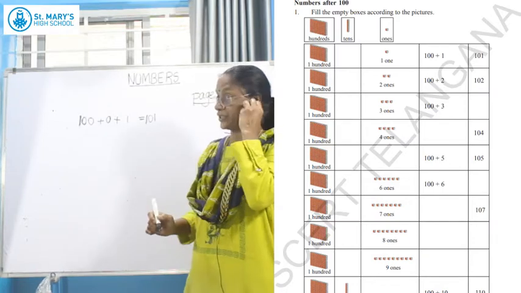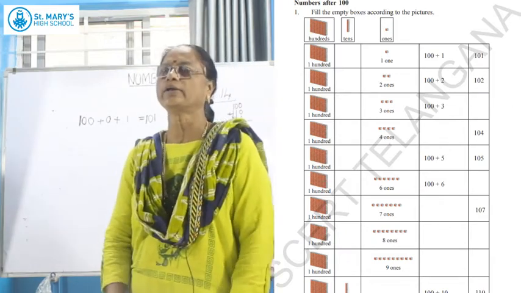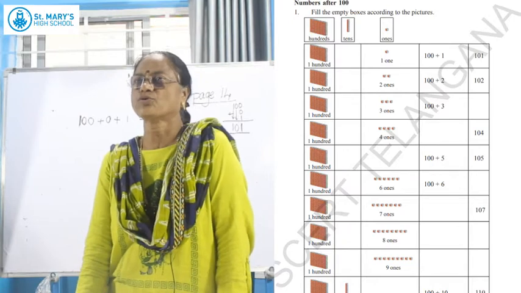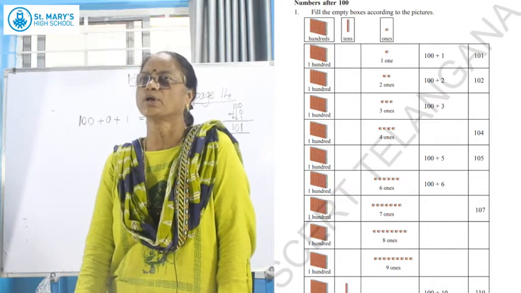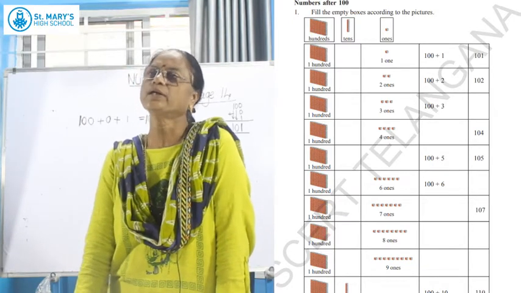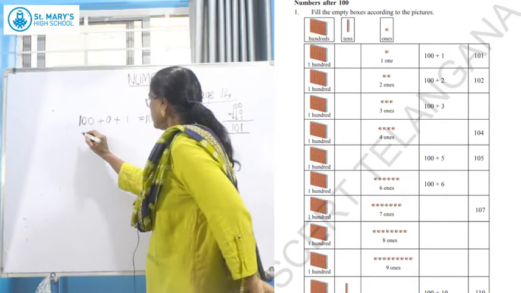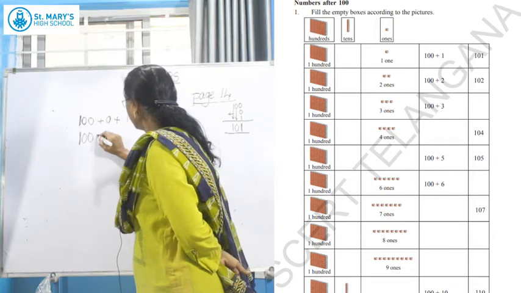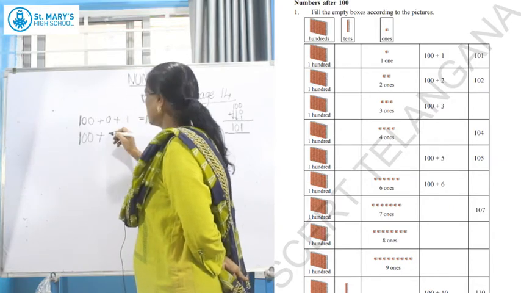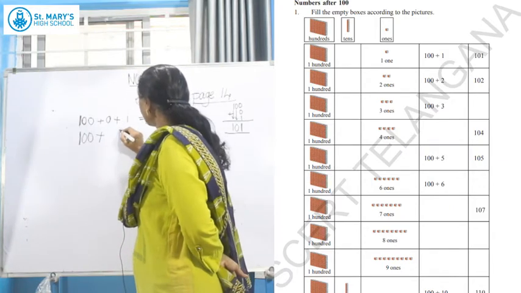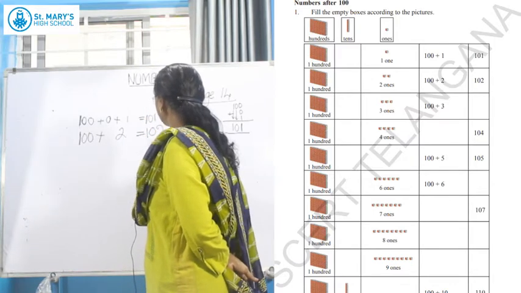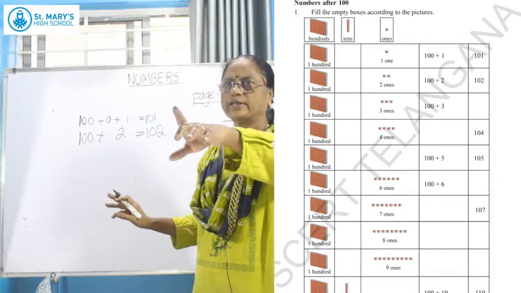If you have textbooks, you write in the blank. Already it is written for you. No need of writing. First question is done. Second question also is done. Second question you see 100 bricks are there and no tens. Leave it off. And 2 bricks are there. So totally 102 bricks. It is given already in the textbook.